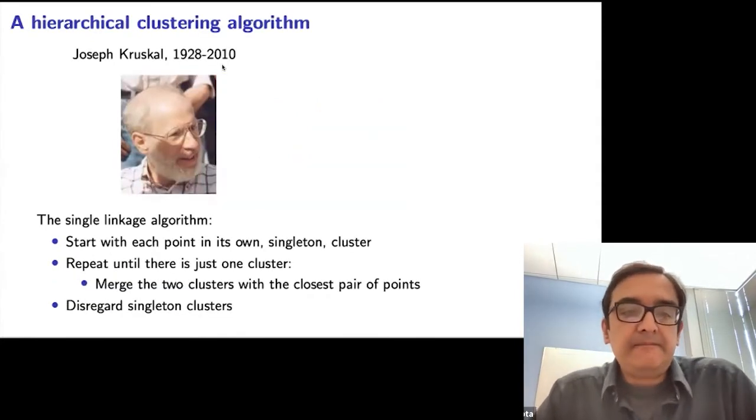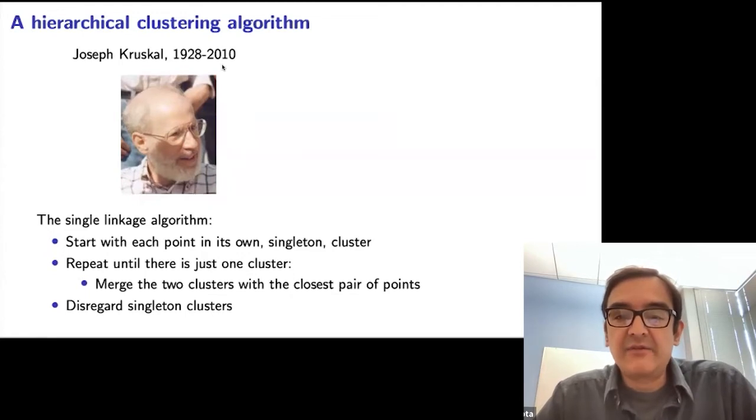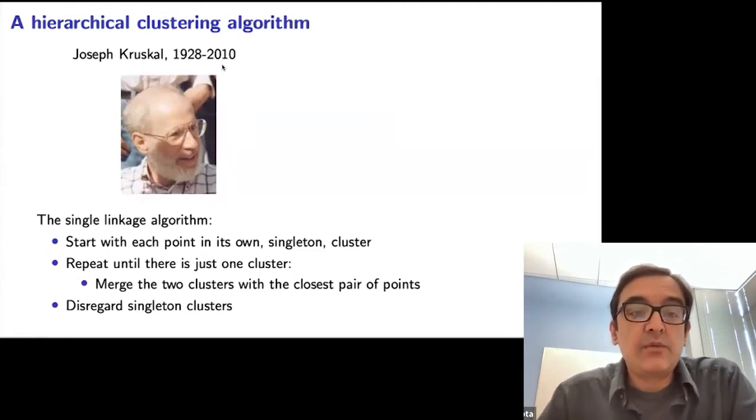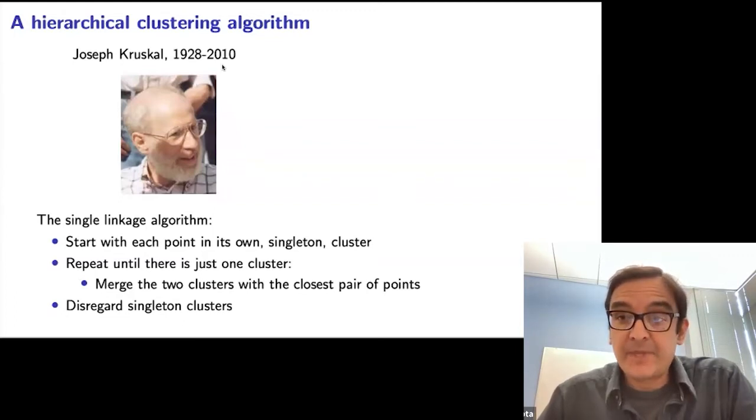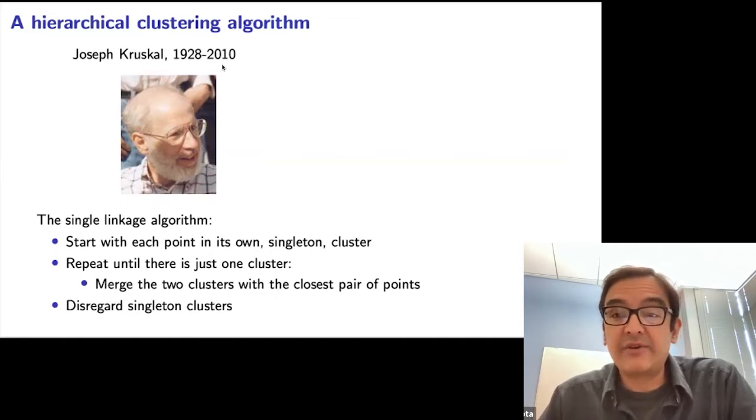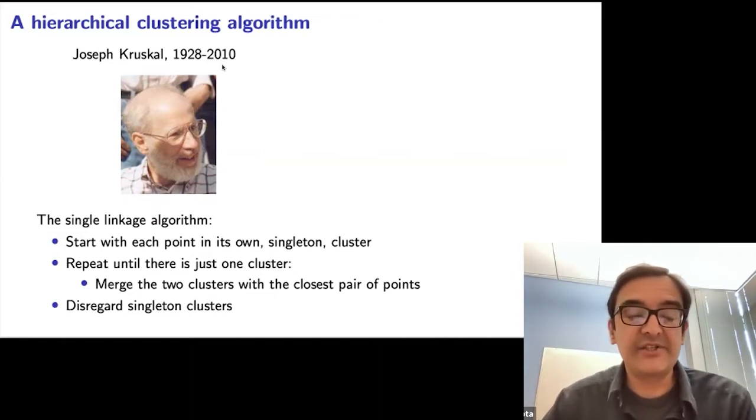So there are lots of hierarchical clustering algorithms out there. One of them, a very old algorithm, is single linkage. It's fairly well known. One of the interesting things about this algorithm is that it's used in both statistics and computer science, but for very different purposes. In statistics, it's a clustering algorithm. In computer science, it's the minimum spanning tree algorithm. But it's the same procedure.